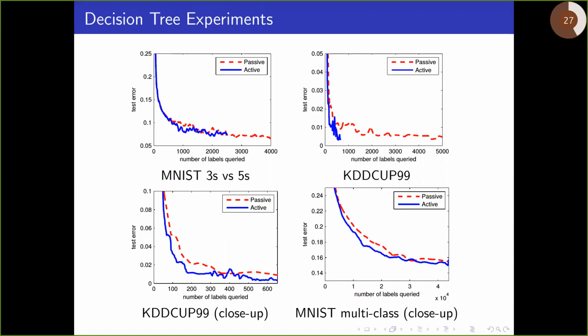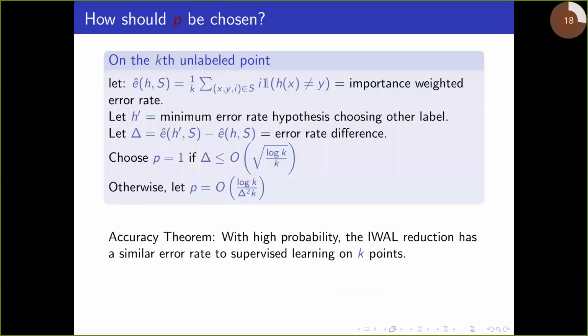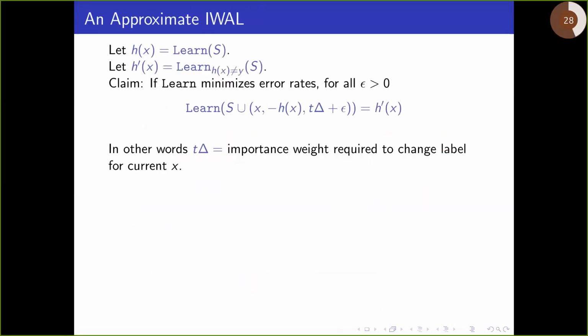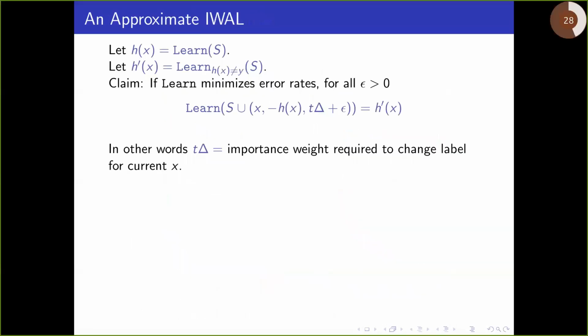Now, it's a question about how you implement this efficiently. There's this whole thing about finding a hypothesis that's constrained to predict the other way, but otherwise minimizing the error rate. Maybe on a decision tree that's relatively straightforward, but you'd like a very efficient manner so that you can apply it to large-scale data sets. So I want to tell you about an approach for large-scale data sets. It's a little bit tricky, but it turns out there's a very powerful transformation.